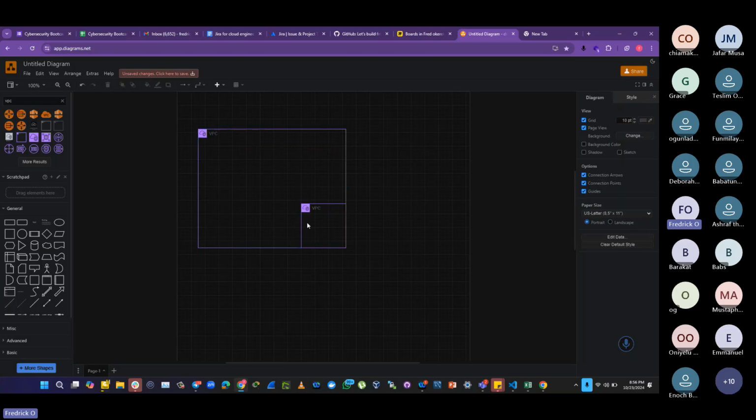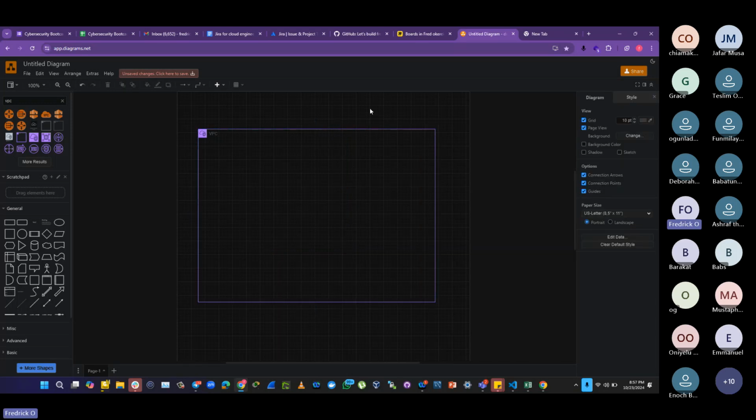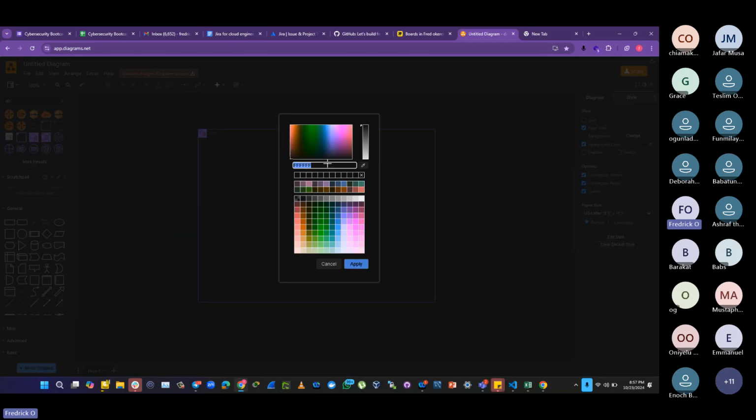There are two of them. I can select this and press delete. So you can do this. If this is the background, it has a grid. You can even remove the grid. You can also choose to change the background color. You can say you want the background color to be white and apply it.